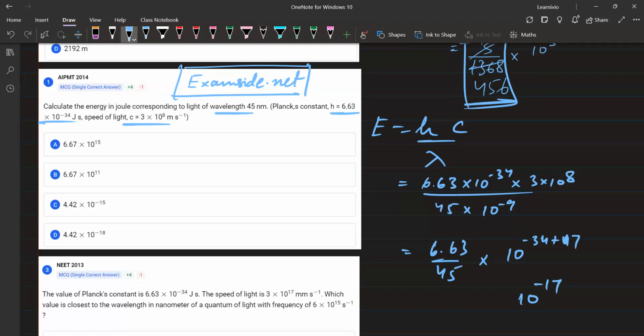So 10 to the power it will be minus 34 plus 17 कितना हो जाएगा, minus 17 हो जाएगा ना, minus 17, and here we have 6.63 upon 45। 6.63 में अगर हम ऐसा करते हैं, इसको 66 कर देते हैं, 66.3 अपॉन 45, तो ये आपका 17 से माइनस 18 ले जाना पड़ेगा। एंड ऑब्वियसली 45 इफ आई डिवाइड दिस इट विल बी नॉट वेरी एक्यूरेट, बट 45 है ना, हाँ 45, अच्छा ओ माय बैड, एक चीज आपको मिस हो गया, इनटू 3, सो इट विल बी अप्रोक्सीमेटली 19 यहाँ पे होगा ना, जी हाँ 19 होगा, तो 190 के करीब।